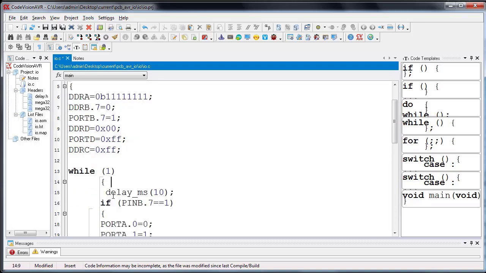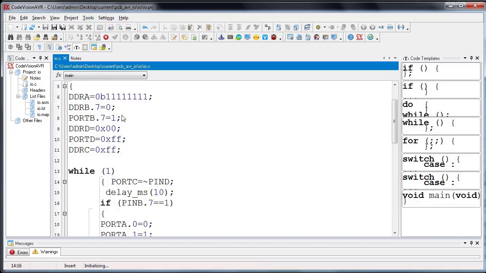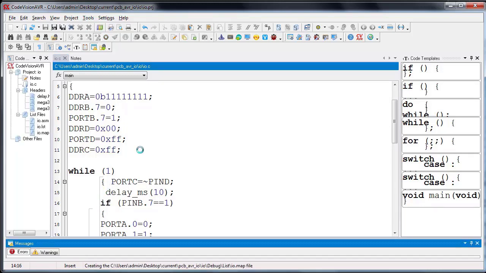The correct way to configure the AVR input and output is discussed in the video of the AVR8NG32 microcontroller input and output configuration. Compile the file, and program the AVR.